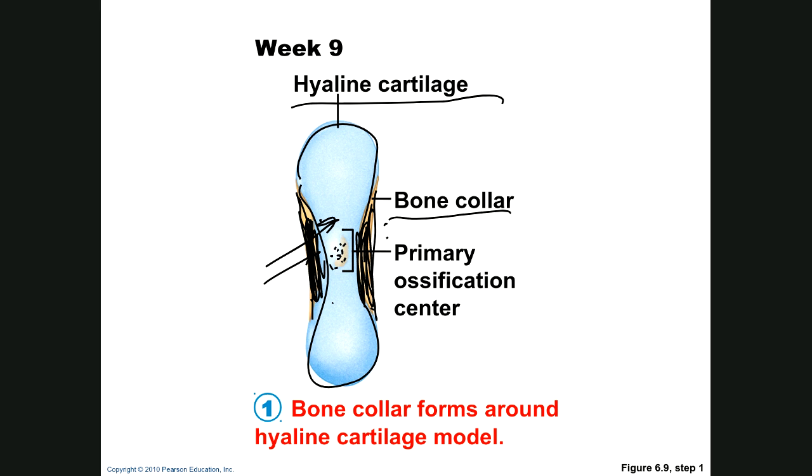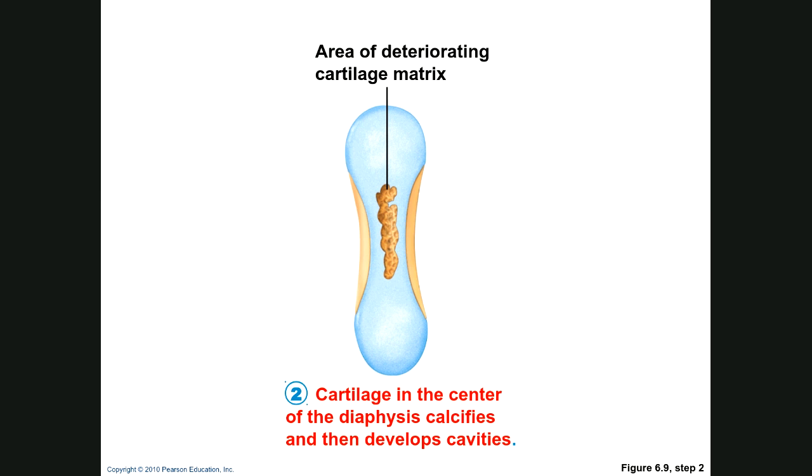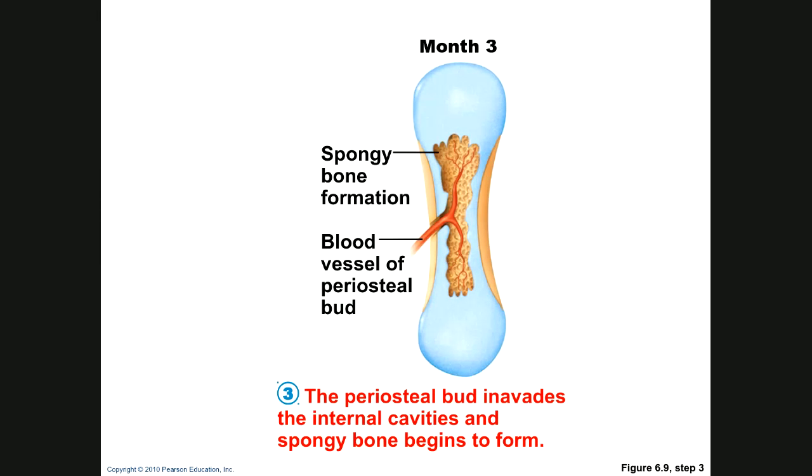Calcification in the center also kills some of the cells, and pretty soon you're going to have little dead cells with empty lacunae all over. Okay. Next thing that happens, at about the 3rd month in development, is that blood vessels begin to enter this calcified tissue. Now this is the 3rd month in fetal life. That means